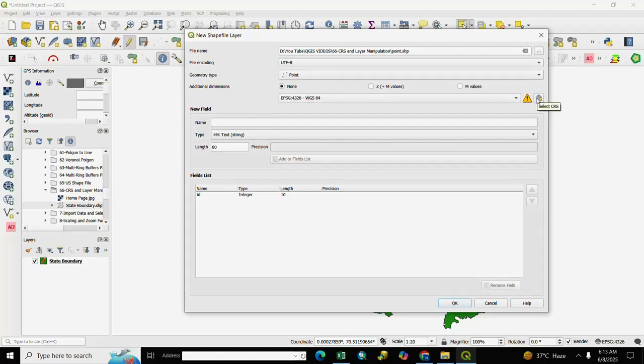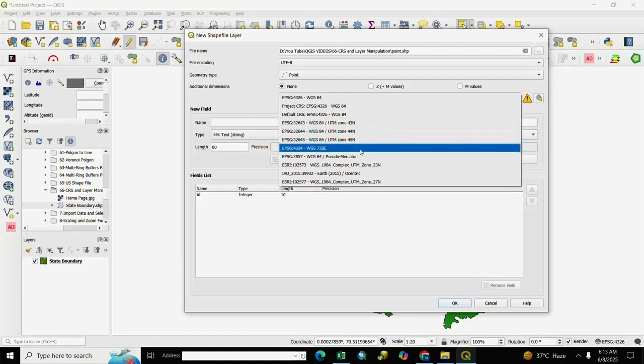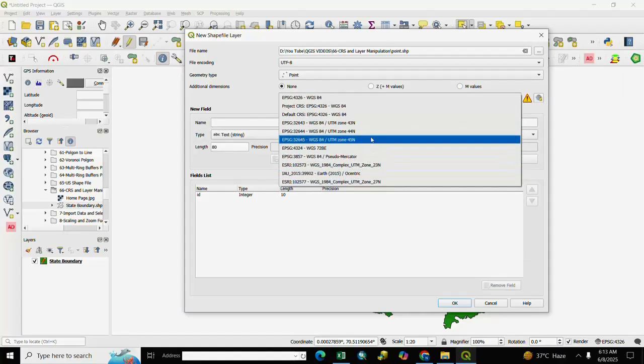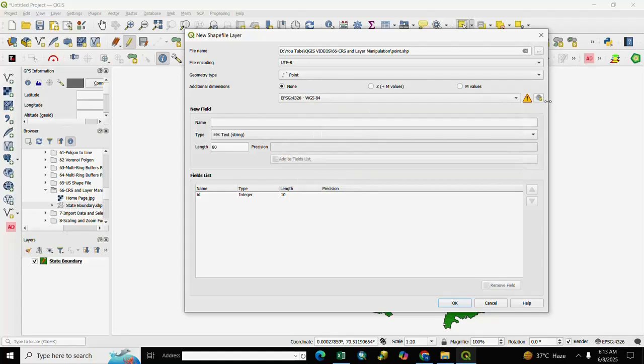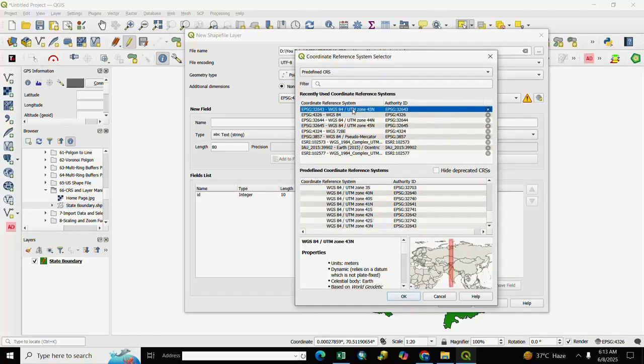After it, here is CRS, you select from the drop menu. Otherwise you click on Select CRS, and you select here CRS. If you want to give a world projection WGS 84, you select here. Otherwise, if you want to give UTM projection, you select here UTM projection.